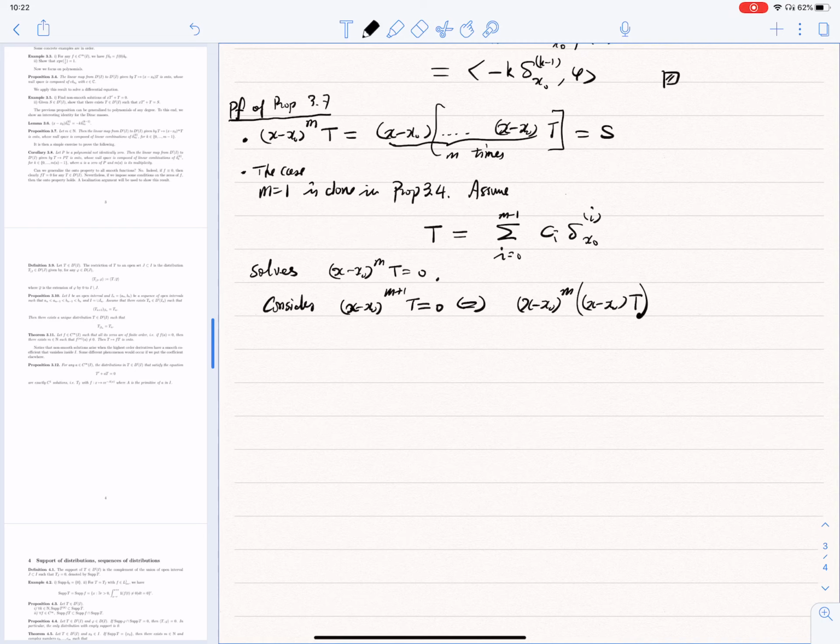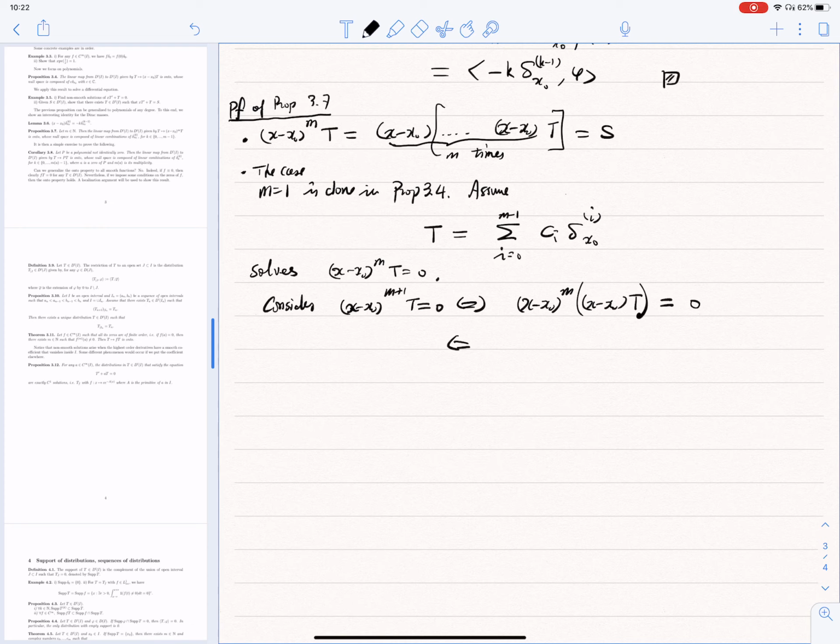This is the basic property that we showed in the beginning, associativity. Since this is true, and we have assumed by induction that the only solutions of this equation are given by linear combinations of Dirac masses and its derivatives,